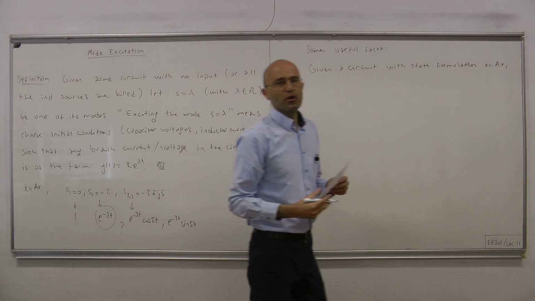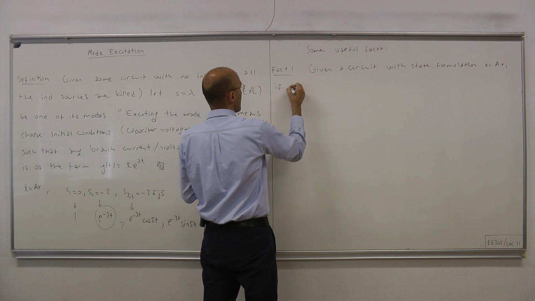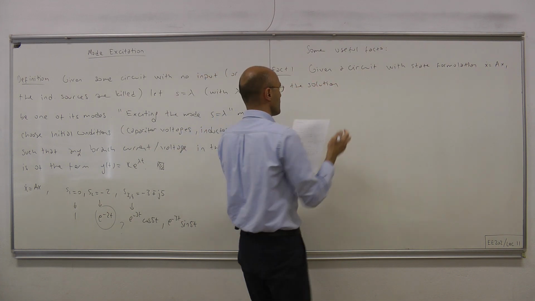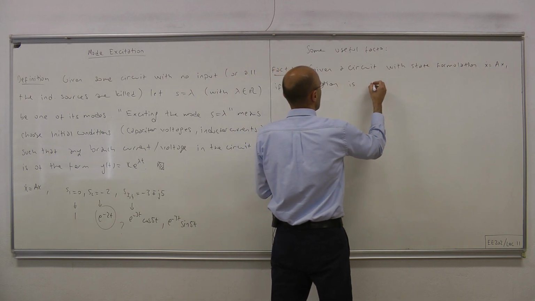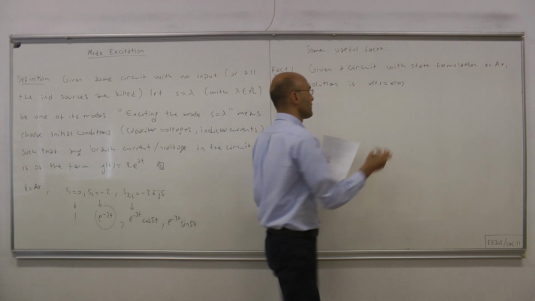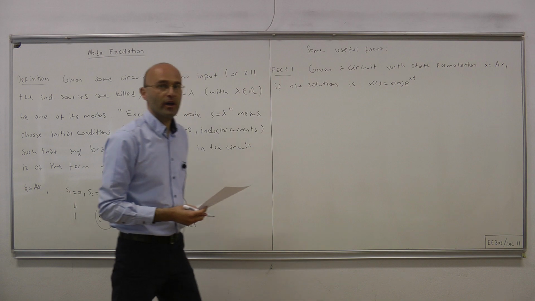Therefore, we're talking about a circuit without any input. If the solution is x of t equals x0 times e to the lambda t, okay,